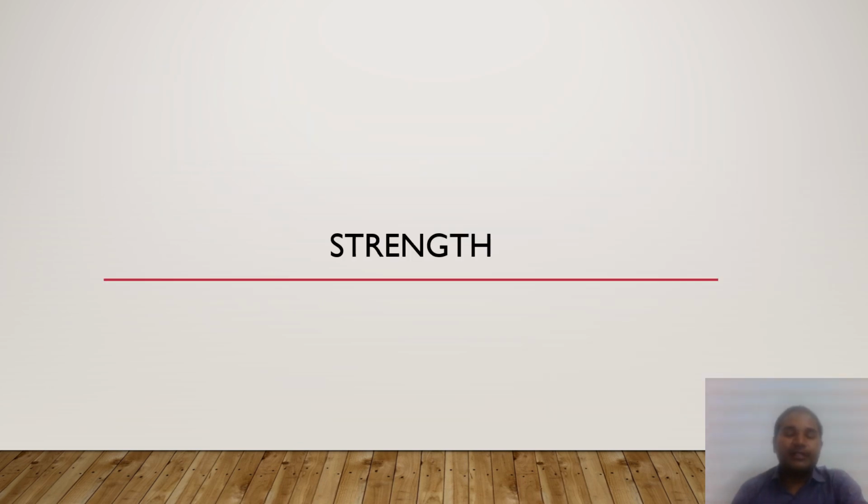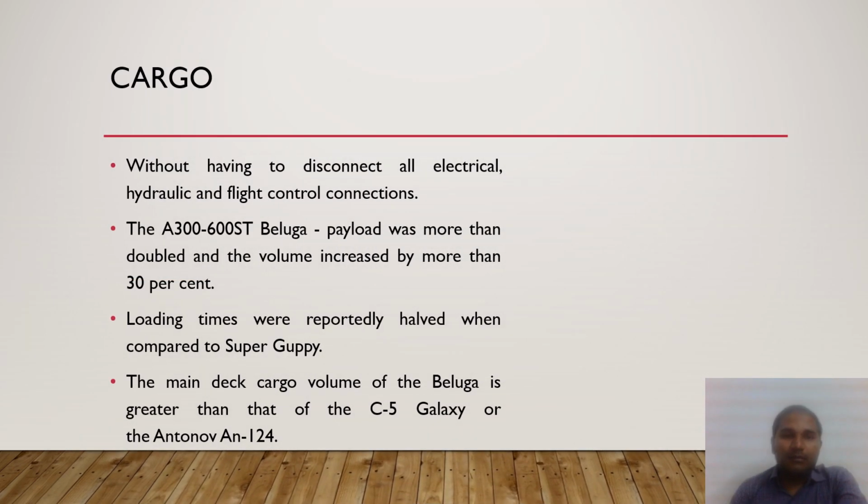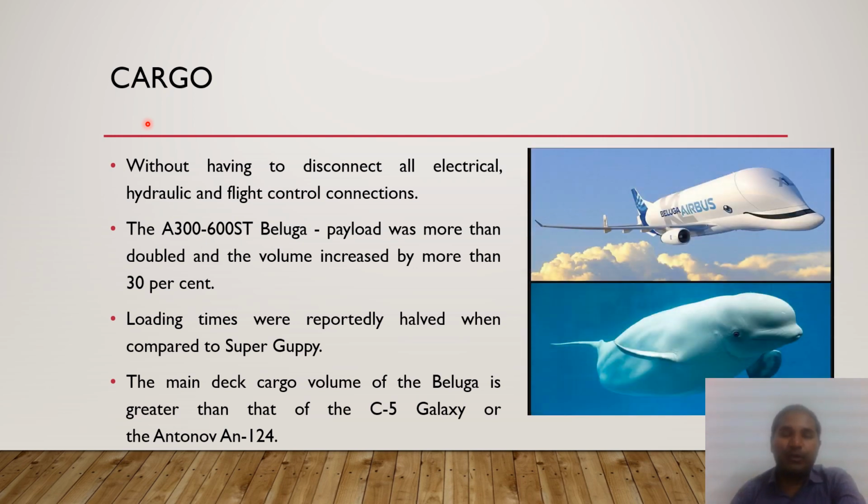Next, we are going to discuss the available solutions in nature to improve the strength of materials. The load carrying capacity of an Airbus aircraft has been improved with the help of the Airbus Beluga design. This Airbus Beluga design is a simple replication of a beluga whale. If you see the head and the fuselage structure, you can easily identify the similarities between the Airbus Beluga aircraft